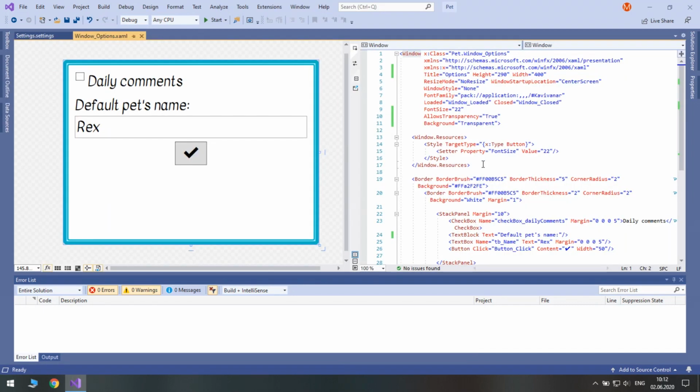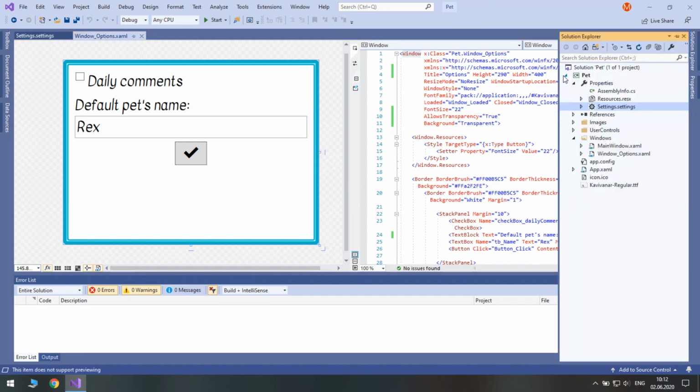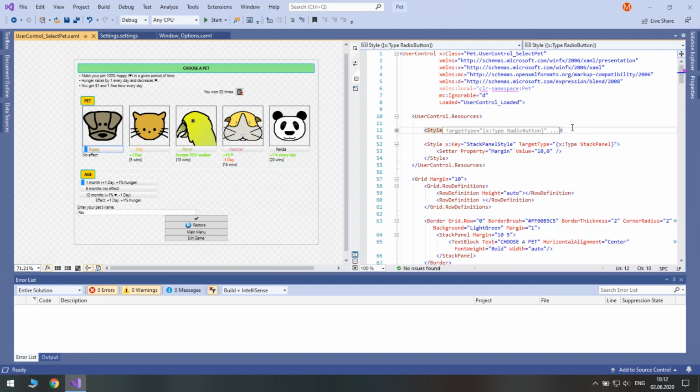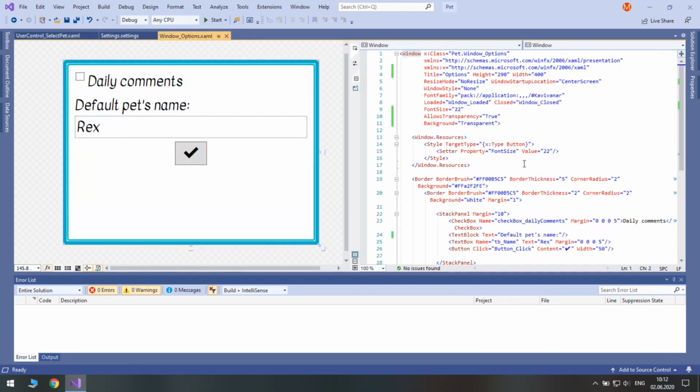There is one thing that I still would like to change in this window, and that is we used a fancy checkbox style in our user control select pad. We used a style for radio buttons, but it looks quite nice, so I guess we could just copy it and change a bit to fit to a checkbox.